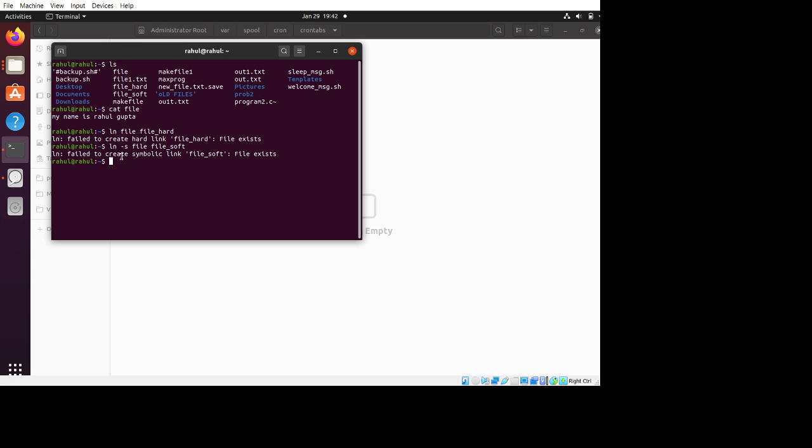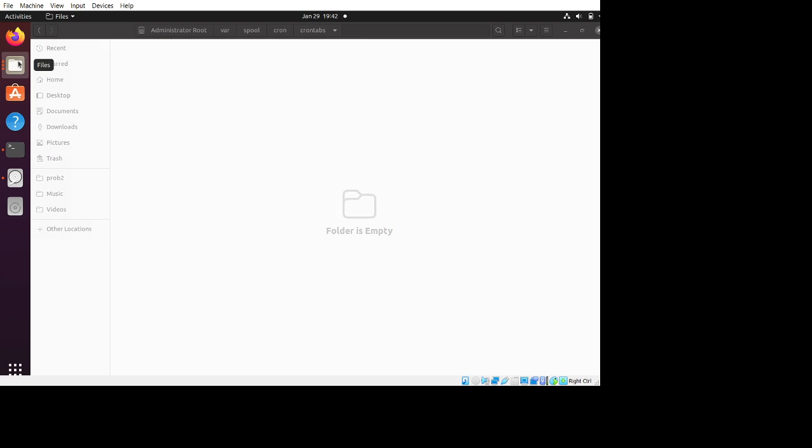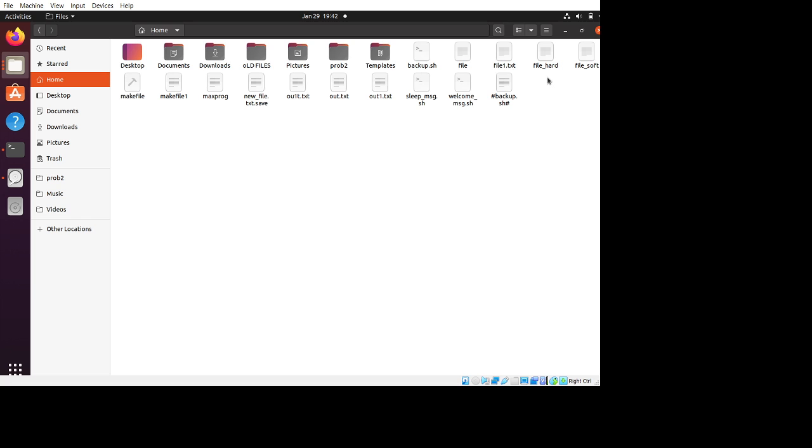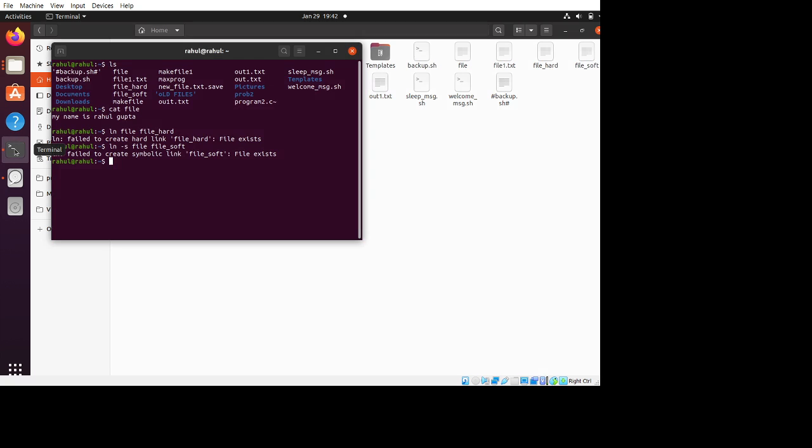In the terminal enter ln file hard, but it failed to create a hard link in the file. But in files make a file in this file hard, but not so in the terminal.